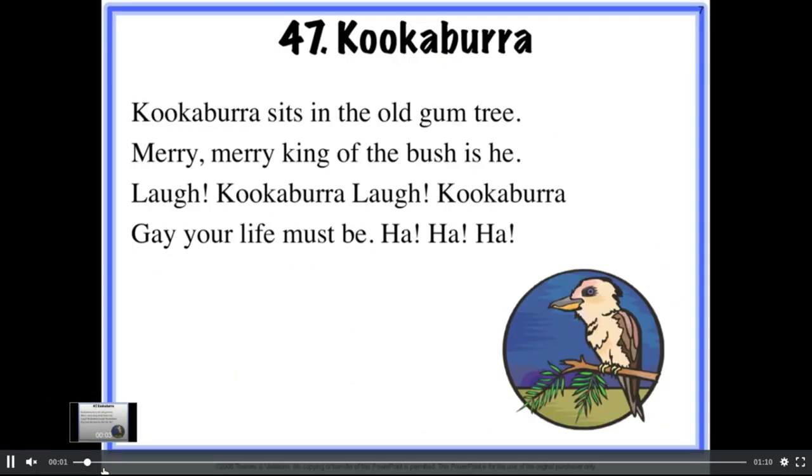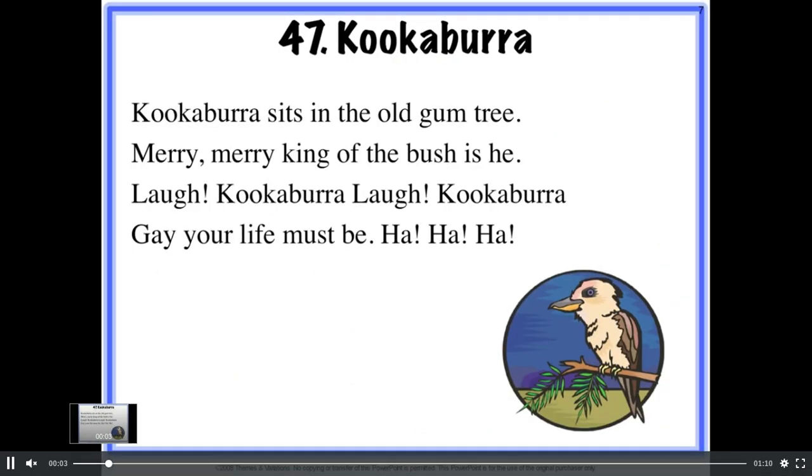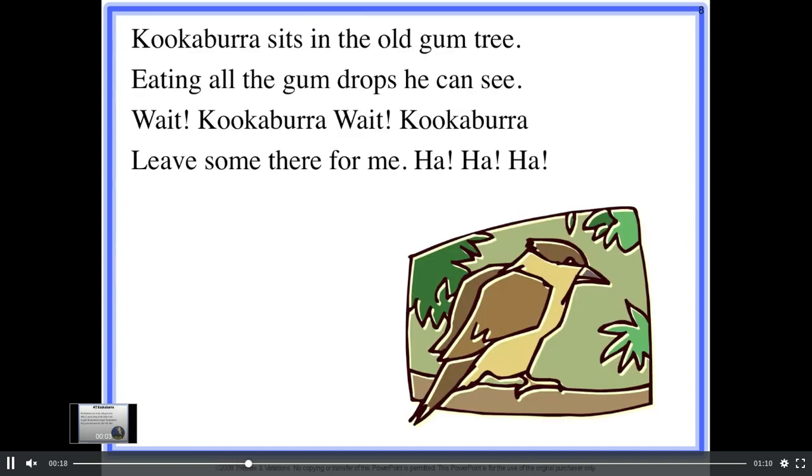Kookaburra sits in the old gum tree, merry, merry king of the bush is he. Laugh, kookaburra, laugh. Kookaburra gay, your life must be. Ha, ha, ha. Kookaburra sits in the old gum tree, eating all the gumdrops he can see. Wait, kookaburra, wait. Kookaburra, leave some there for me.